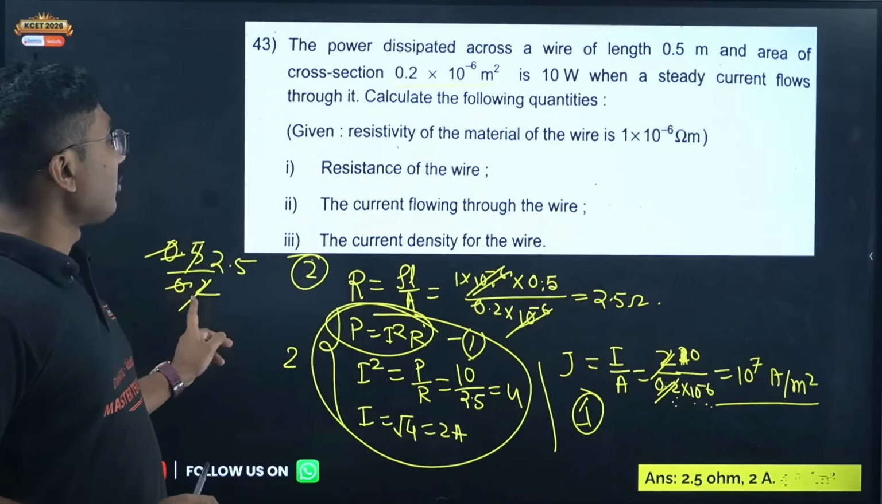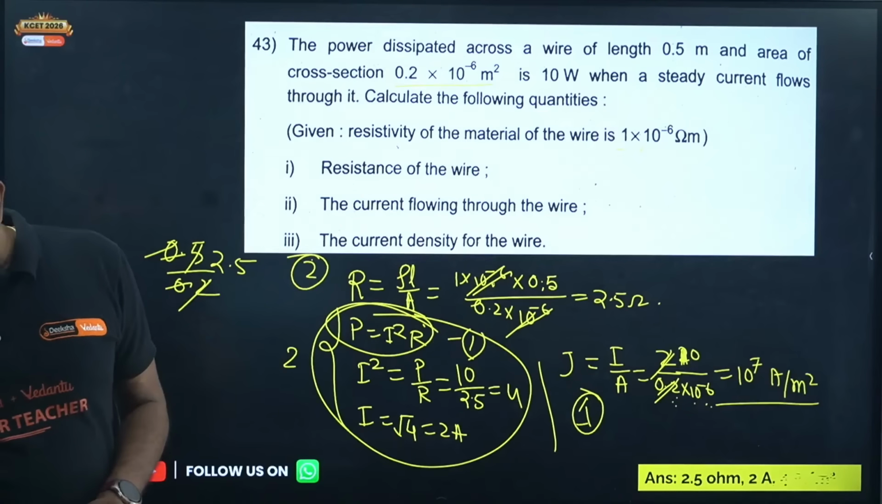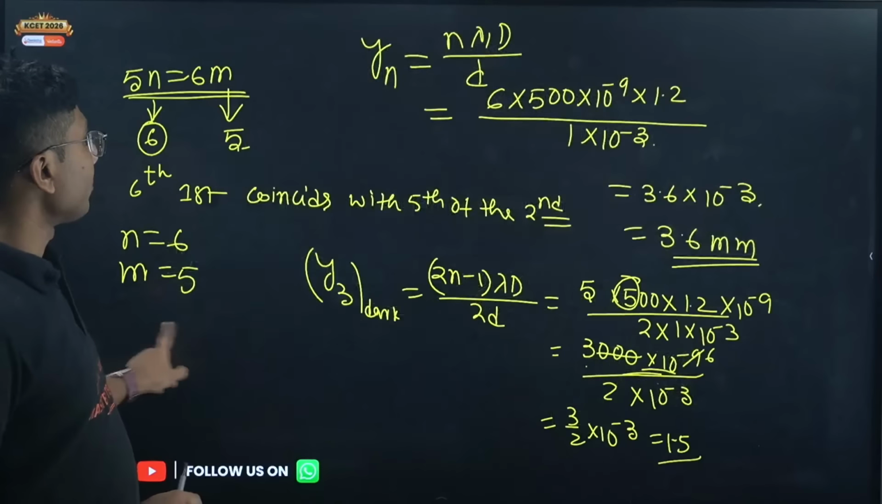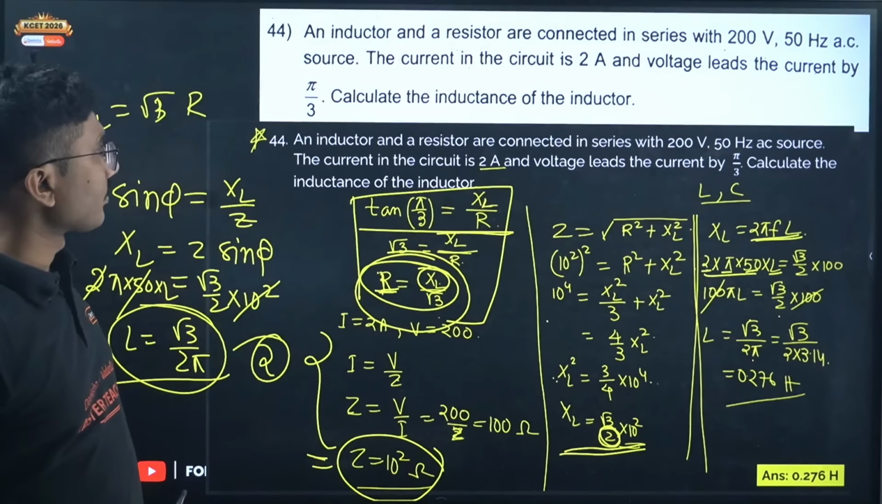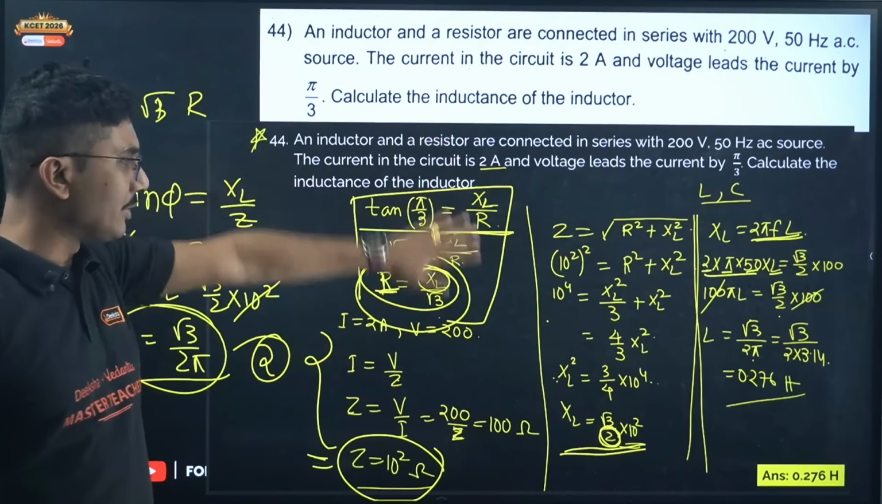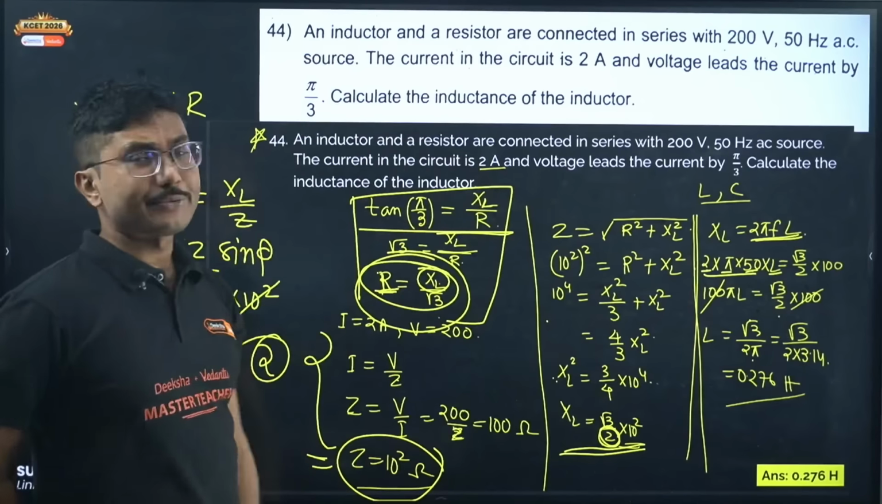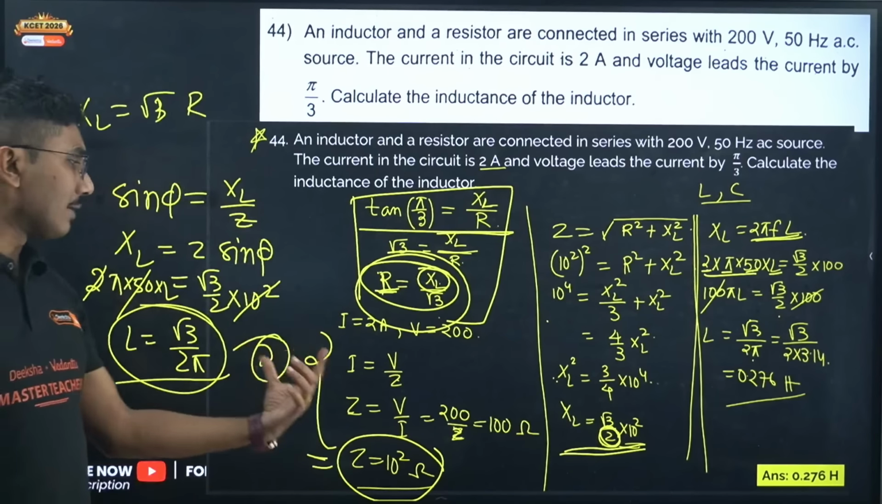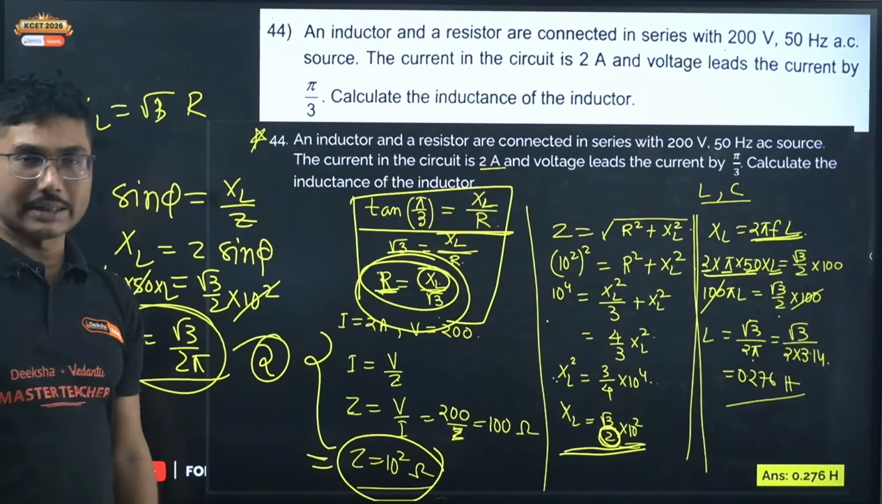How much marks for 44th question? In the 44th question there is no subpart, they have only asked you impedance. Now based on the steps that you have done, if you have calculated impedance, you will generally get 2